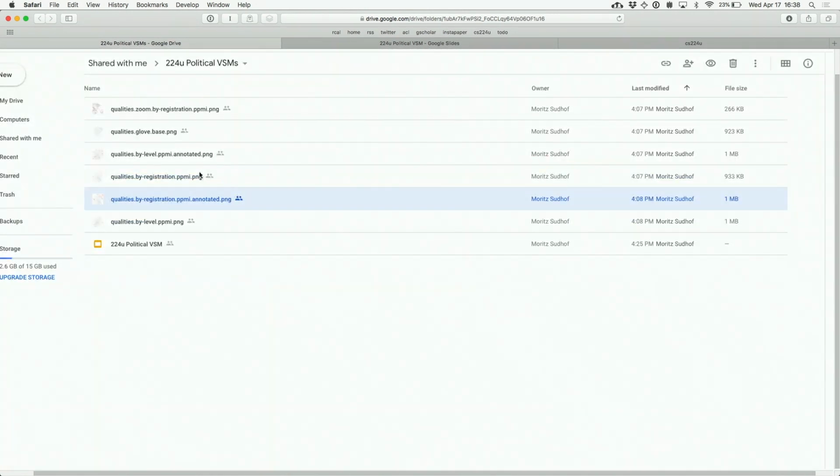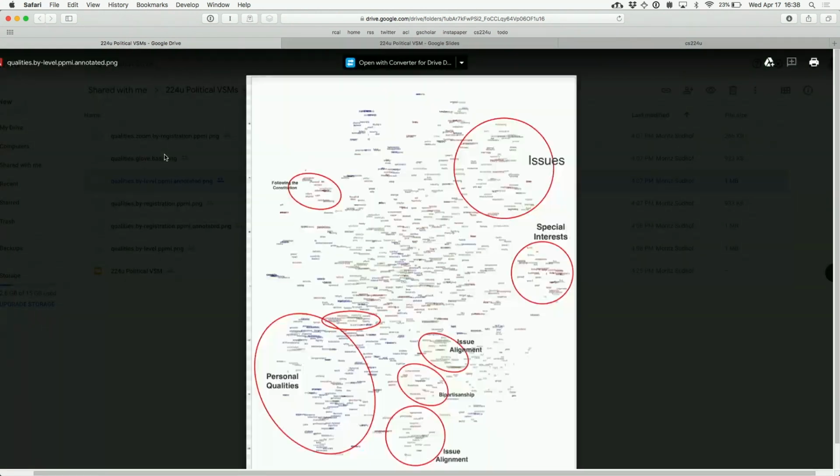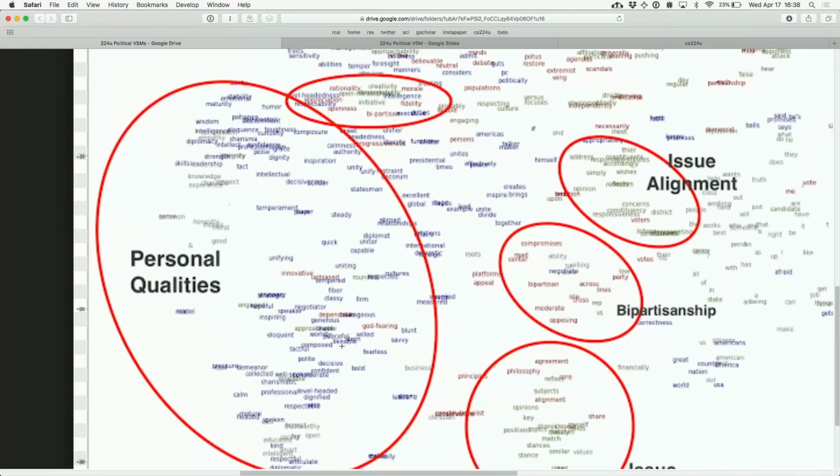We can also look at this, again taking advantage of the structure we had in the data set, which was that we also know what office they're talking about. We can look at the same thing. This time we're coloring the words based on whether they're more likely to be in a comment about presidential, local, or congressional elections. And as you would expect, there's a ton here. The personal qualities, this dark blue, that's all presidential. So personal qualities like temperament, being quick, being unifying, being a negotiator, being classy, those are all super important for